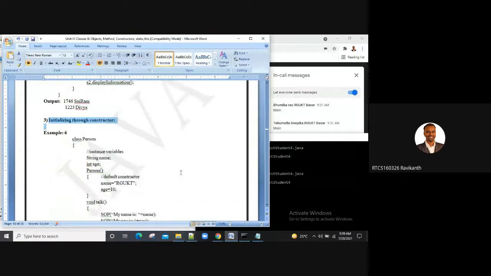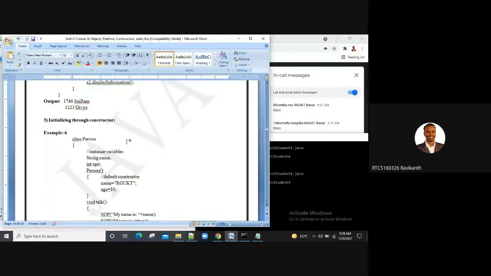Sir, what is a constructor is the question now. You'll have constructor and destructor with reference to memory allocation in Java. The name itself is telling: construct means create, destructor means destroy or remove.